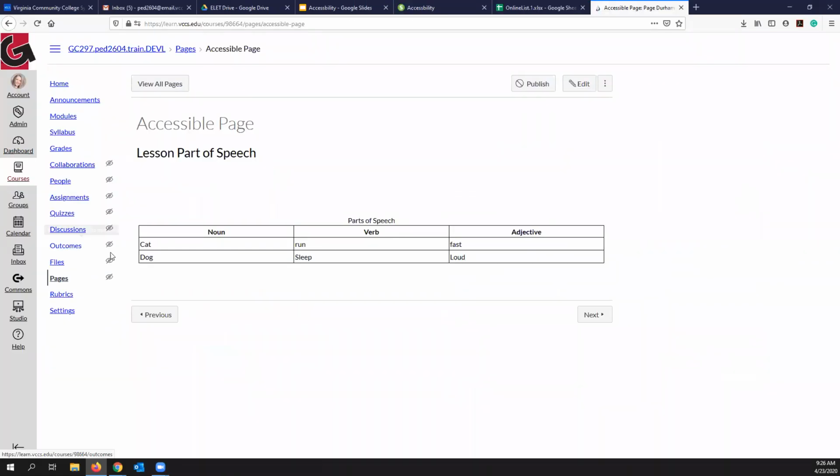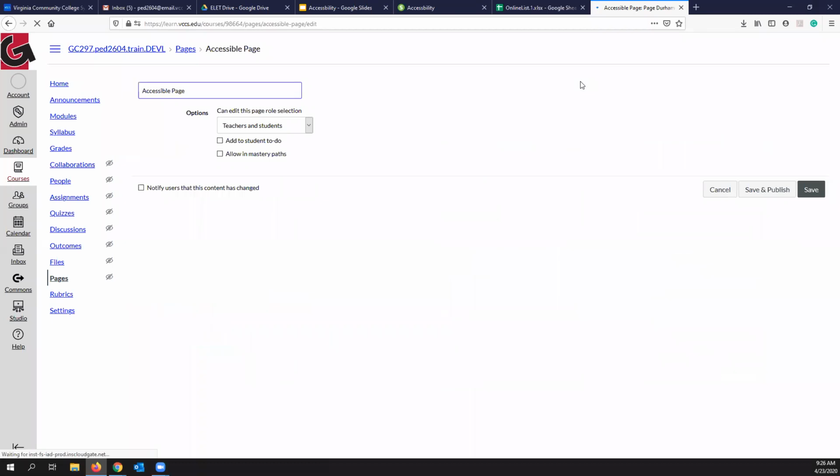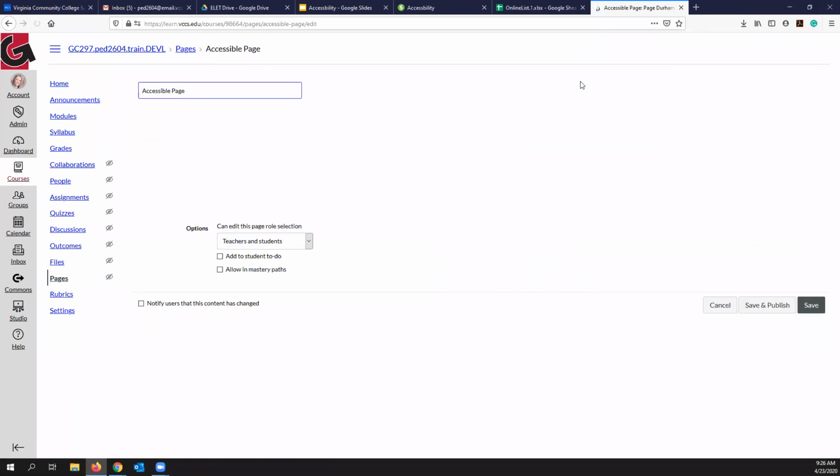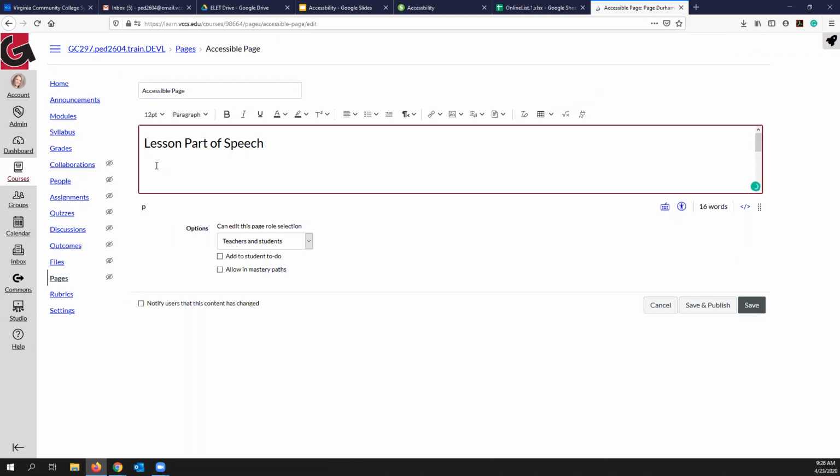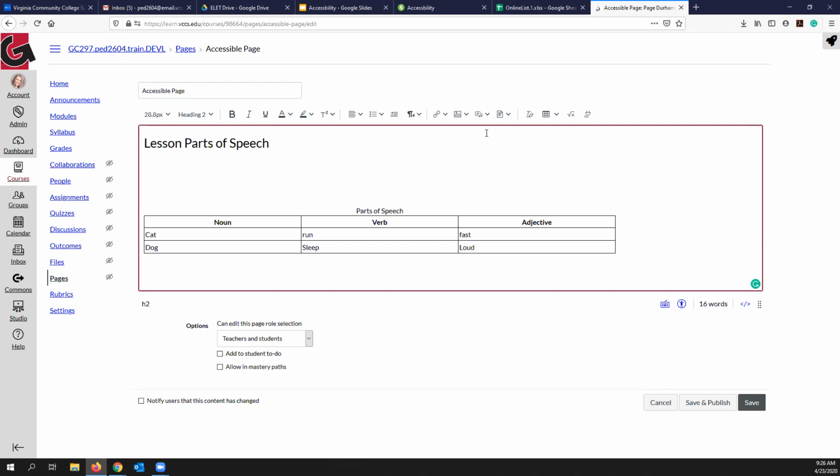All right, so now I'm going to go back to the page that I already started, and I'll click on Edit, and I'll wait. All right, so let's say I want to put an image right under the lesson on parts of speech, except I typed that wrong. So I'm going to find the image tool, click on that, and then here are my